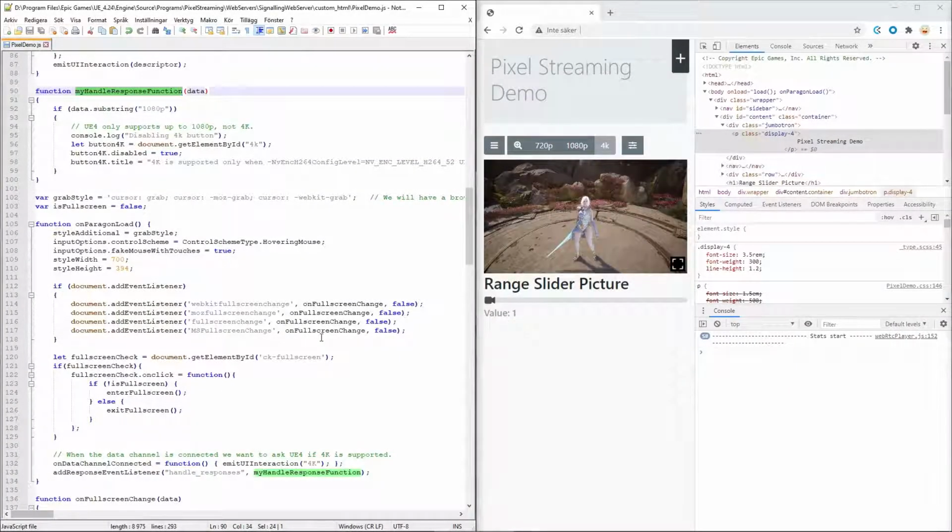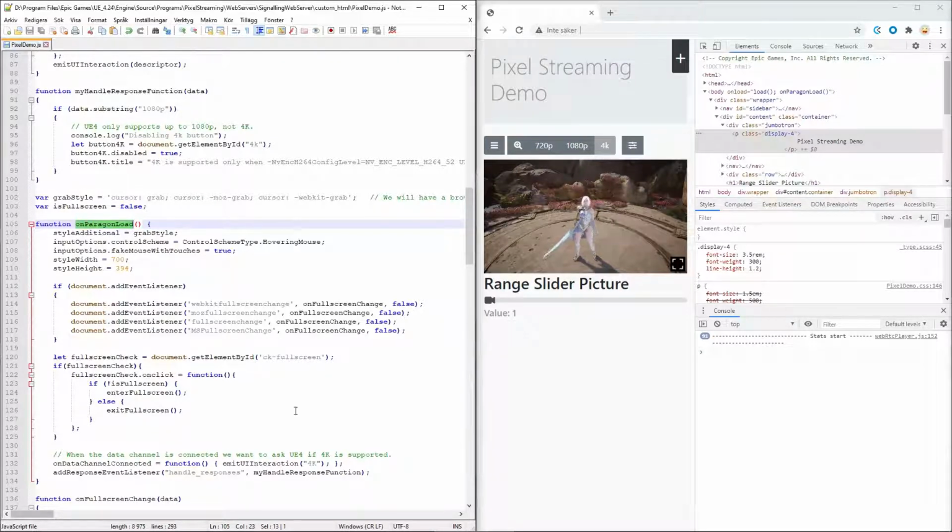Now back on the website, it is important to add an add response event listener to your JavaScript document if you want to be able to receive or send responses from Unreal to the website. If you're using the Pixel Streaming example project, or the Pixel Streaming example website at least, you'll notice that a listener is added at the end of the onLoad function that is called whenever the website is loaded.